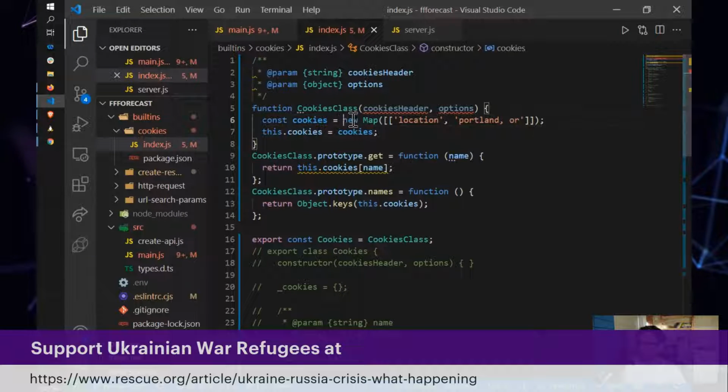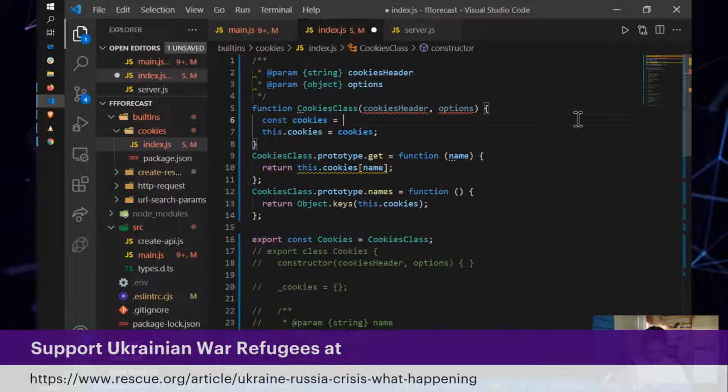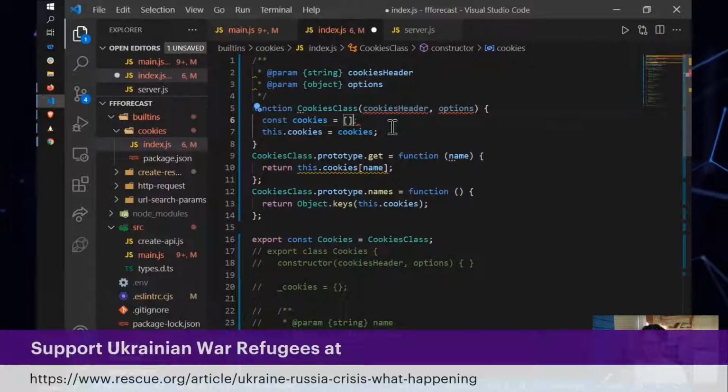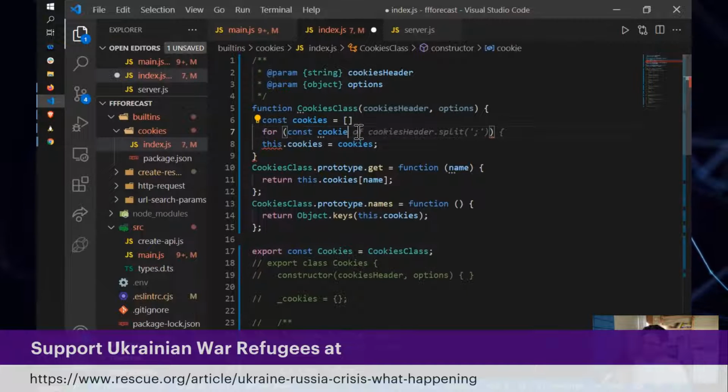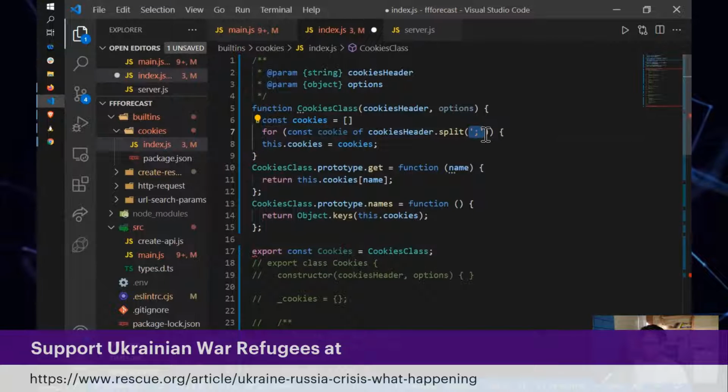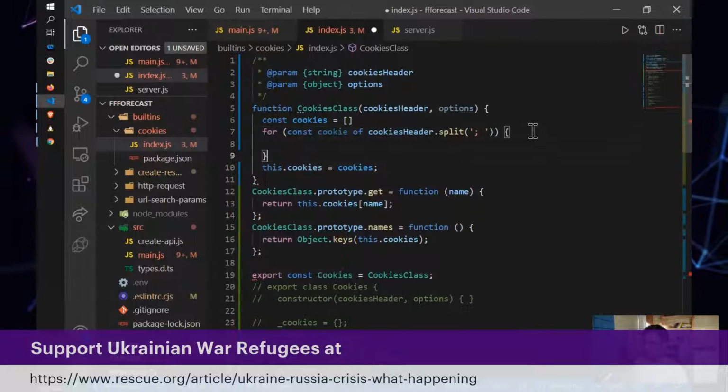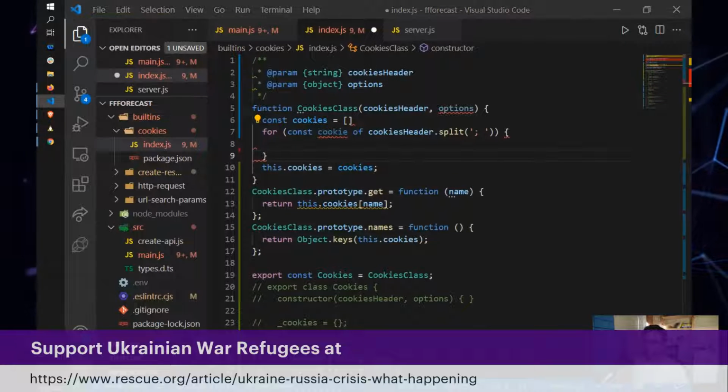So we're going to say that cookies is going to equal an array. And then the cookies header we know is going to be that string that looks kind of funny. So we're going to say for const cookie of cookiesHeader.split. Cool, very clever that it knew that we're dealing with cookies. We split on the semicolon space, I believe. And then for each one that we have, we are going to push,